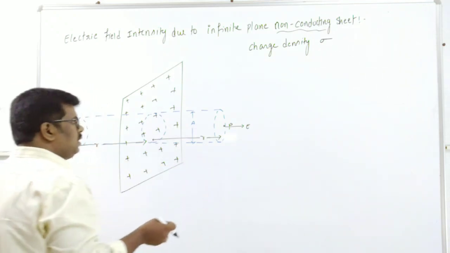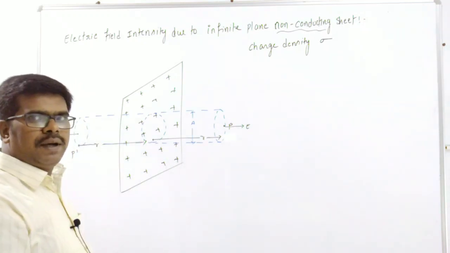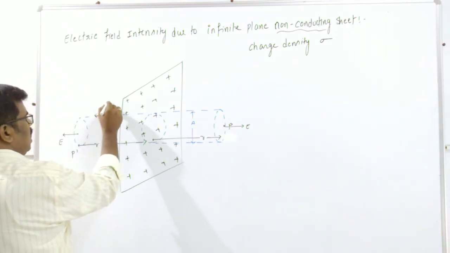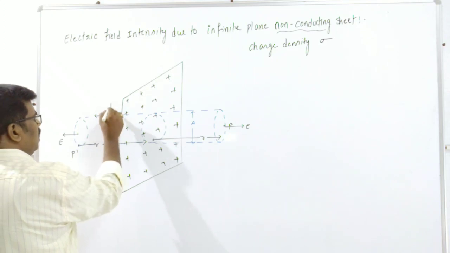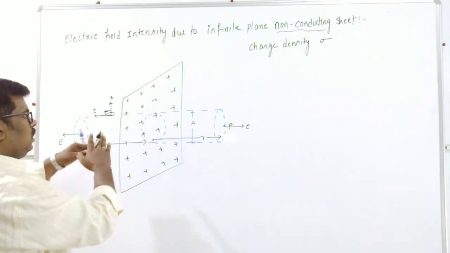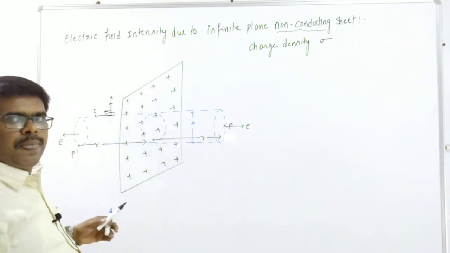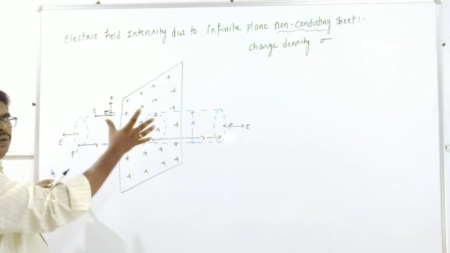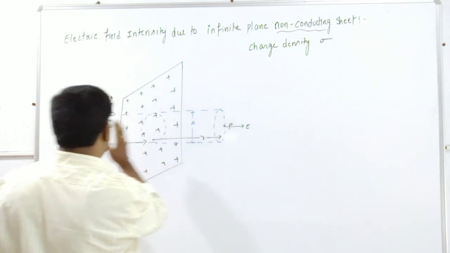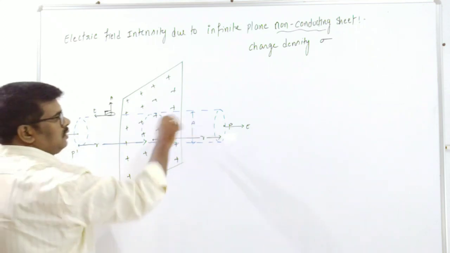Now the procedure we are following here is, through the curved surface the flux passing through it is 0. Why? Because the electric field intensity is in this direction, and for any small surface taken here, the area vector and electric field intensity are perpendicular to each other. So flux through the curved part is 0 due to this charged sheet. Only electric flux will pass through these flat surfaces, having cross section area A.